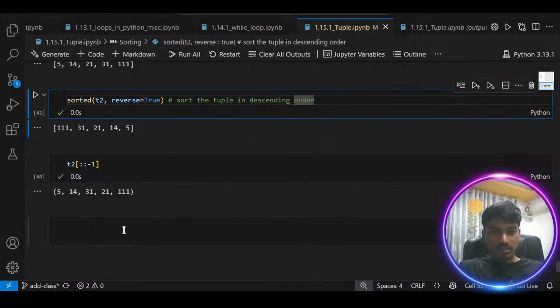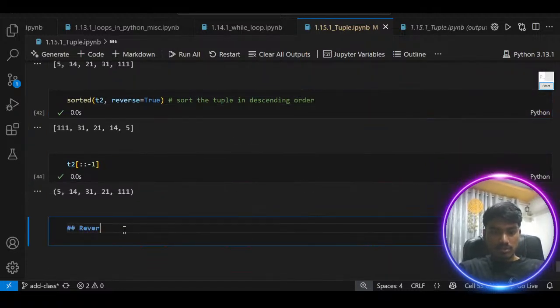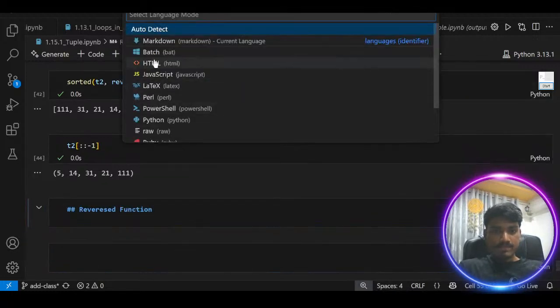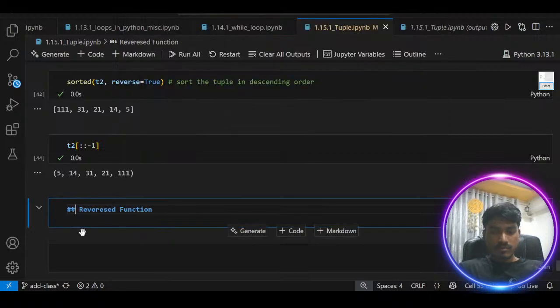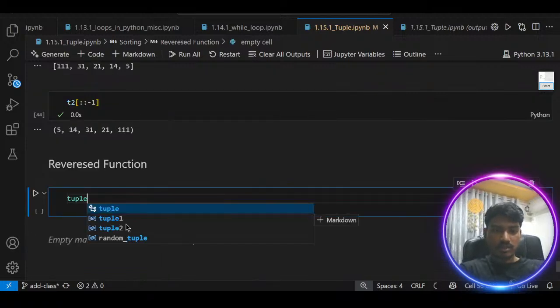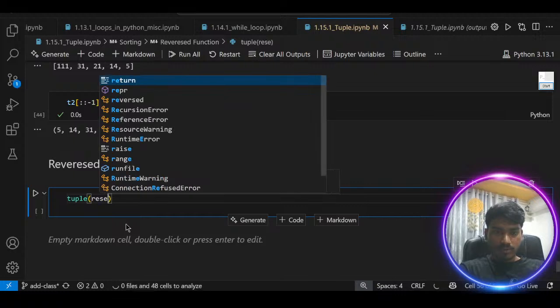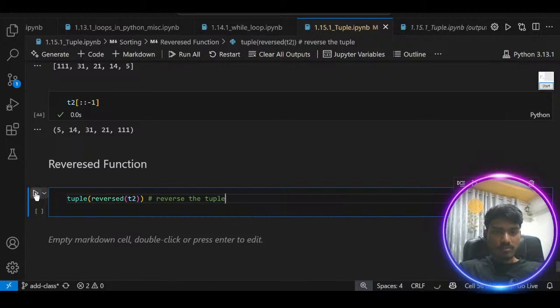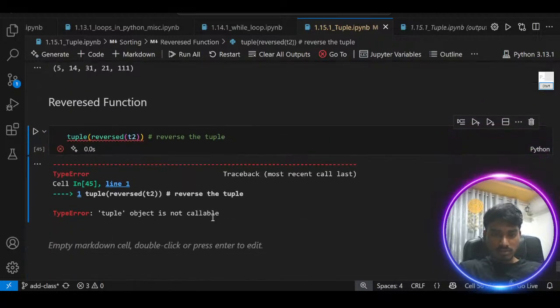There is one more reversed function also there. Reversed function, ठीक है. तो दिस इज ऑल्सो, काम तो एक ही कर रही है सब, लेकिन अलग अलग लोगों ने अलग अलग चीजें बना के रखी है भाई। ठीक है, लेकिन काम तो एक ही कर रहा है। फॉर एग्जाम्पल इफ आई से कपल ऑफ रिवर्स, ठीक है, रिवर्स ऑफ टी टू, तो इट विल सिंपली डू द सेम।